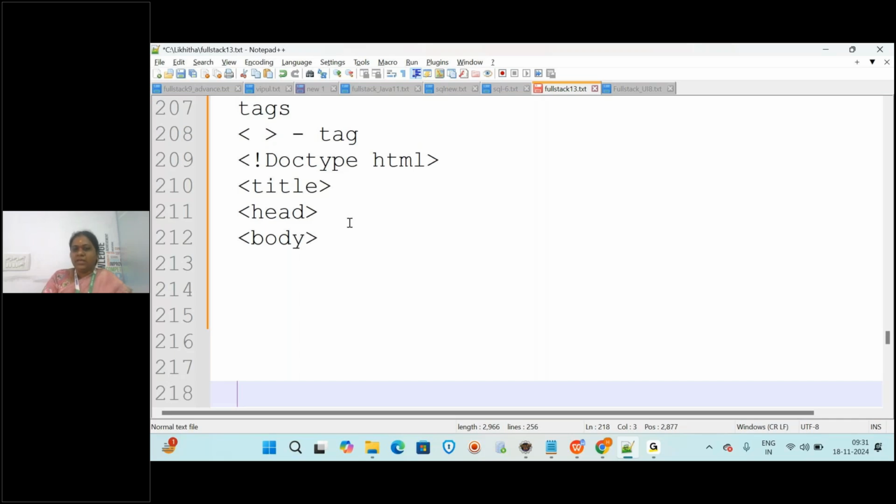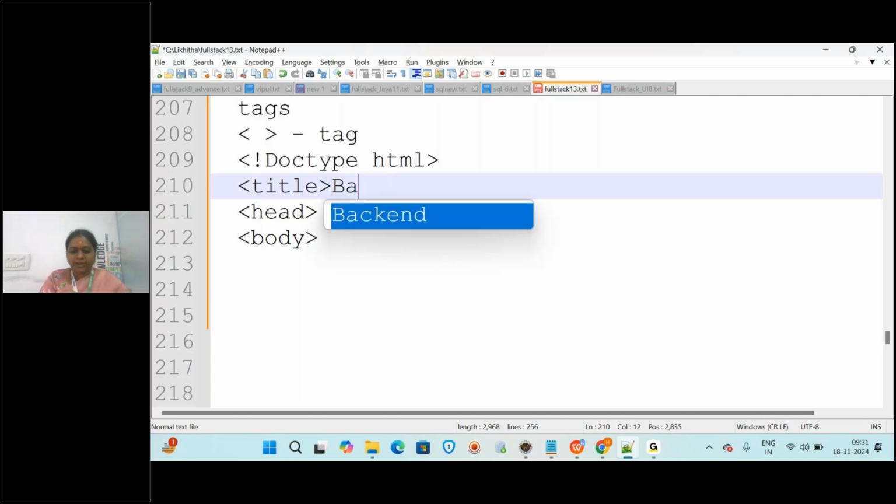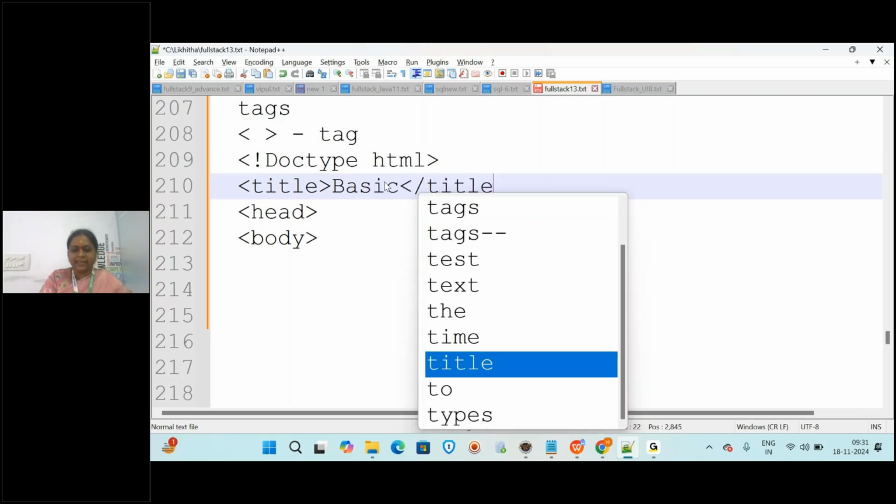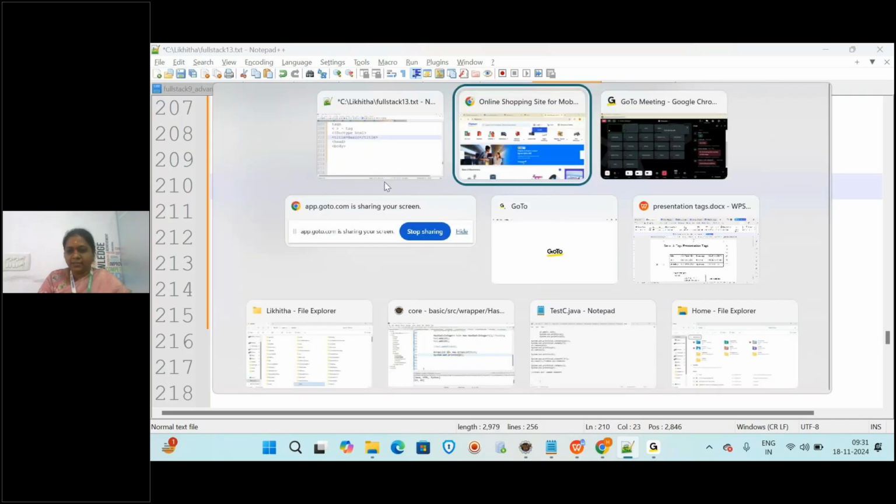Okay, so now these are the basic tags to work with your HTML page. This is the root element, and the title tag. Now in complete HTML, whatever text you want to apply that particular style, you want some content as the title of the page, or you want some content as the heading of the page. Whenever you want it as a title, you have to write that between what? Title tag. Okay, clear?